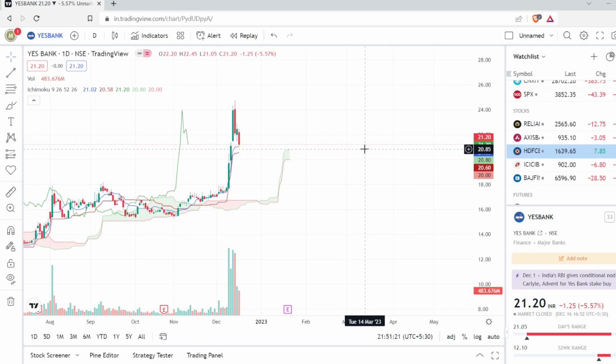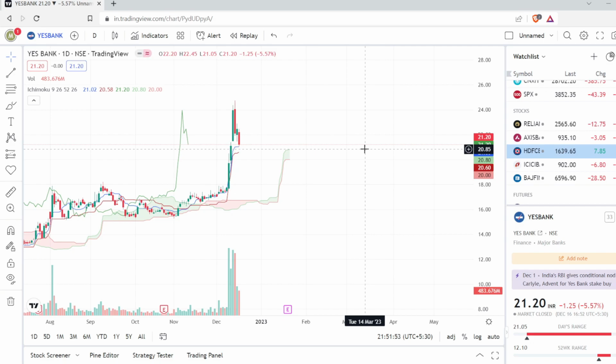So a recap of this video: you should take buying trades only when the price crosses above the Kumo cloud. The lagging span indicator should be above the price, I mean the 26-day ago price. The forward Kumo should be clean. The conversion line should be above the baseline. In that case, you should buy the stock or the option, whatever. You should buy it,